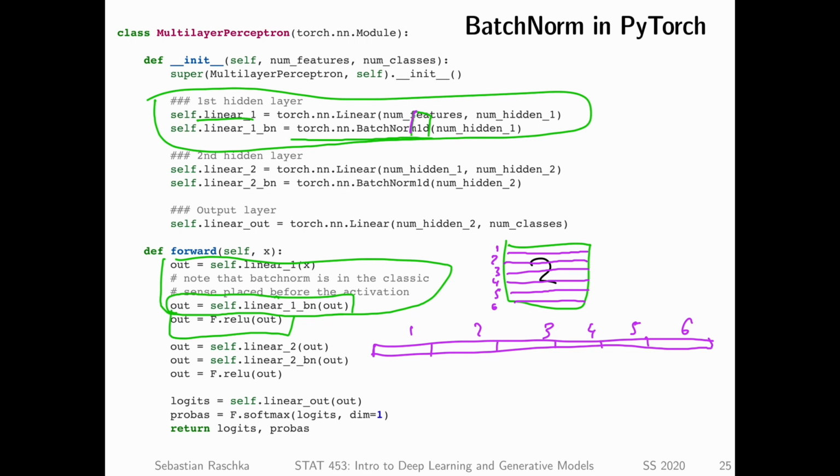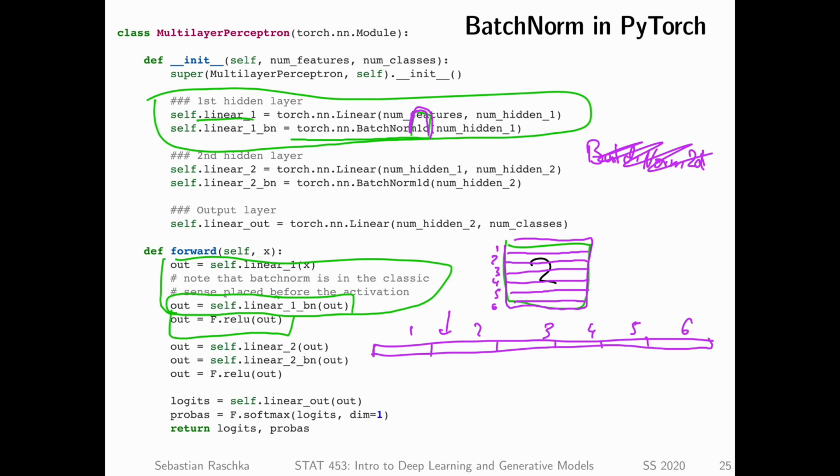So this is because it's a vector, that's why the 1D is here. Later we will talk about other architectures where we don't need to create these vectors, where we can directly process an image as a matrix. Also each layer in the image would be a matrix, and if we have multiple color channels, we would have a 3D tensor. And there will be a method called batch norm 2D, which does not assume that we have reshaped this into a vector. But ignore this for now. We will come back to this after we talk about convolutional networks. But remember to put the 1D here if you work with multi-layer perceptrons. And this is about it.